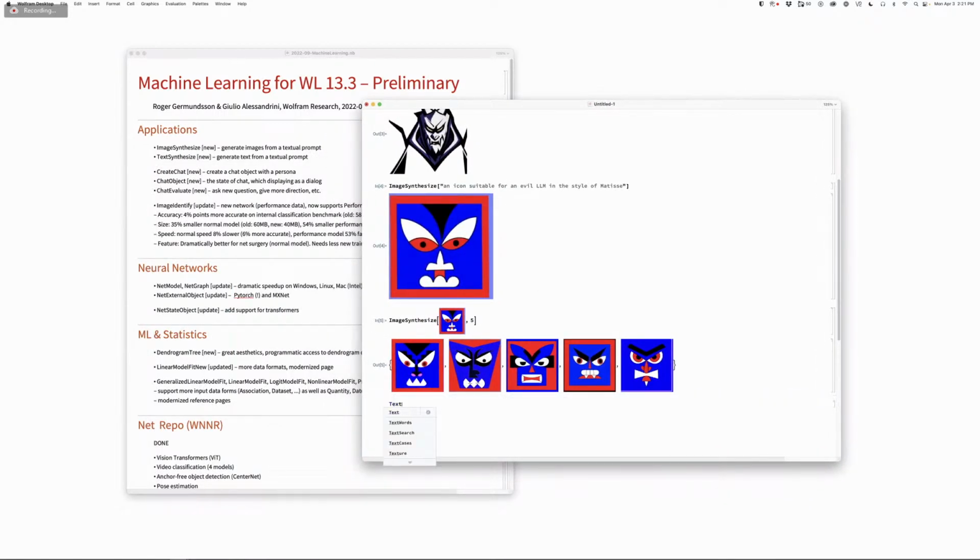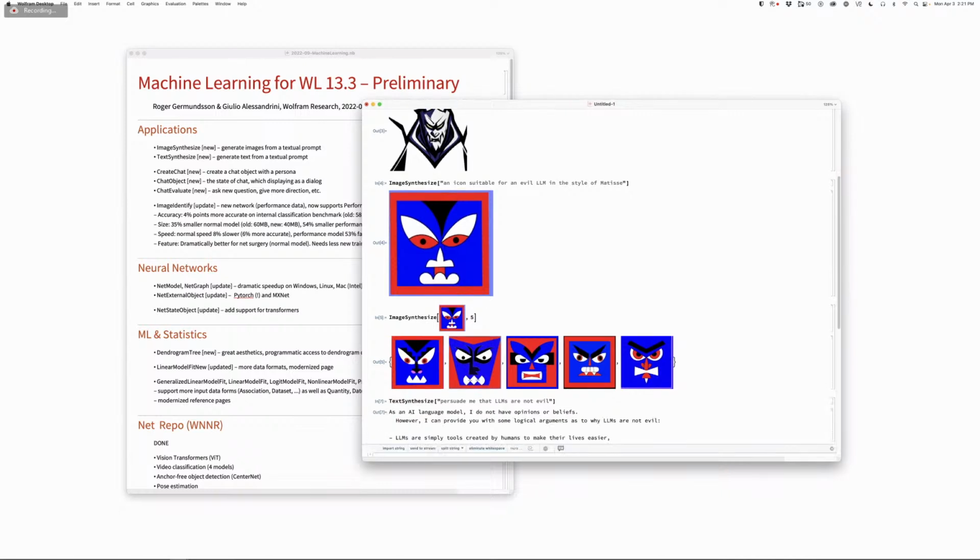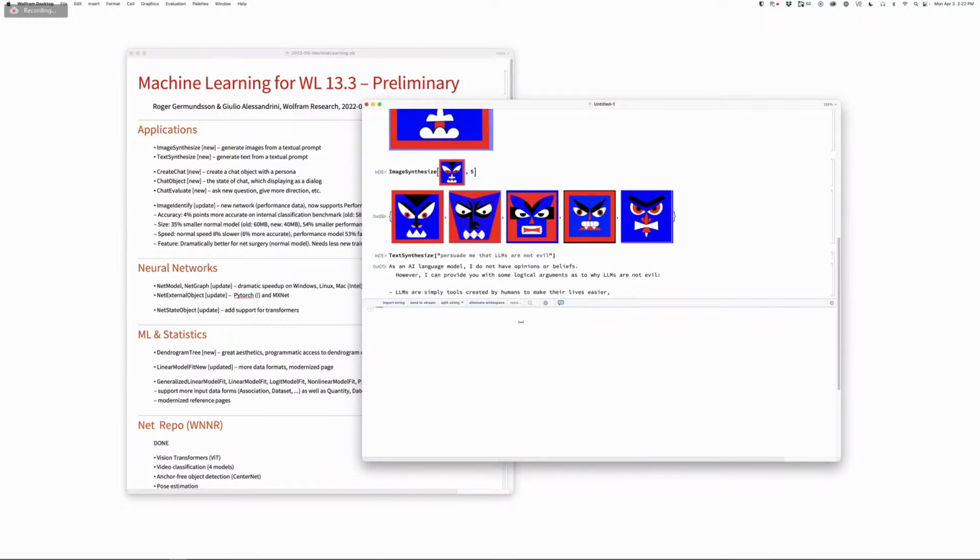Okay, so if I say text synthesize, oops. Okay, so why don't I get more here?